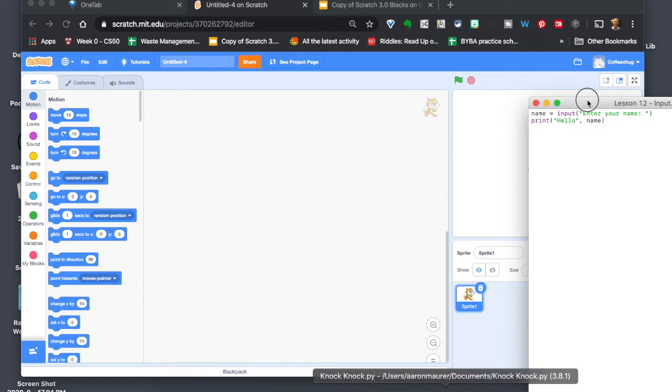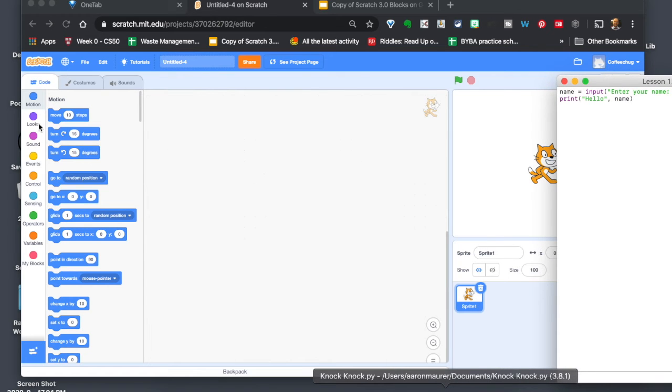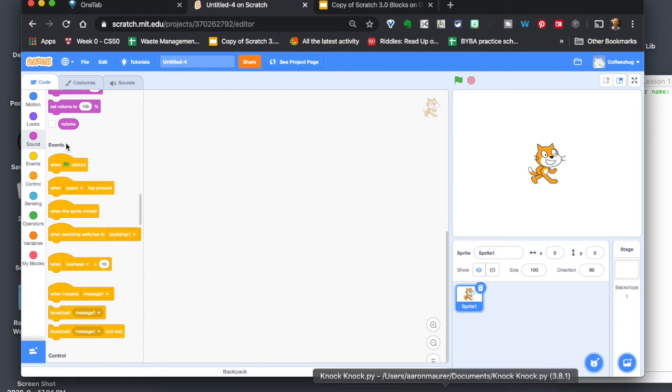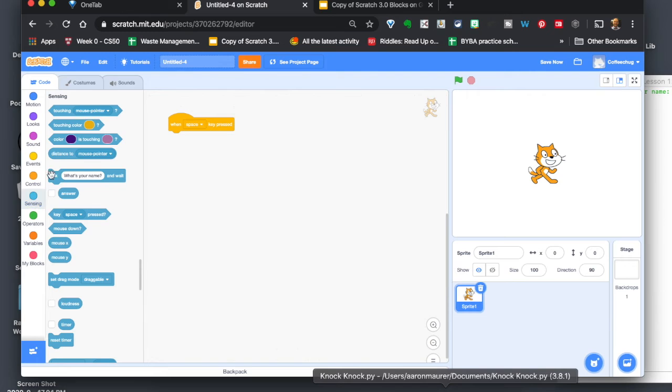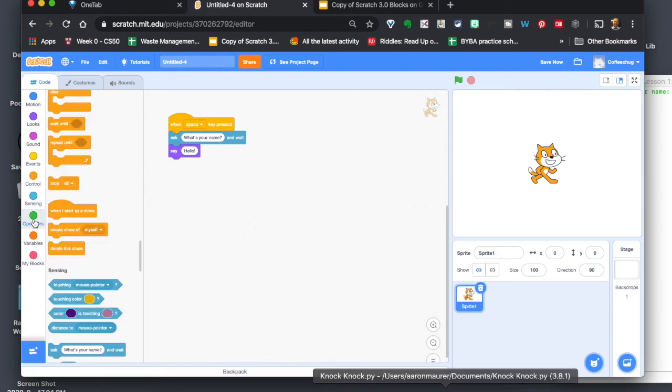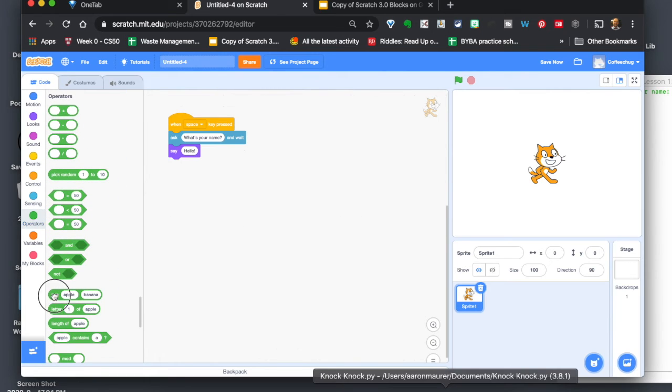We'll just stick with the cat for now. But we can do here, when I press, let's just go and press the space bar. We've been pretty consistent with that. We're going to go here to sensing, ask what's your name, and then to looks. In this case, let's join. We've been using this as well. And we're going to put in here